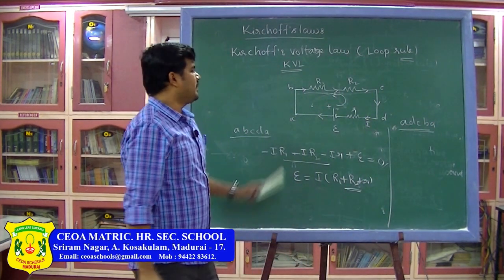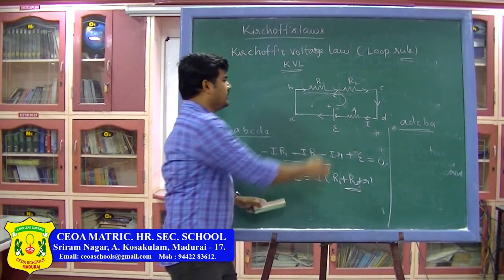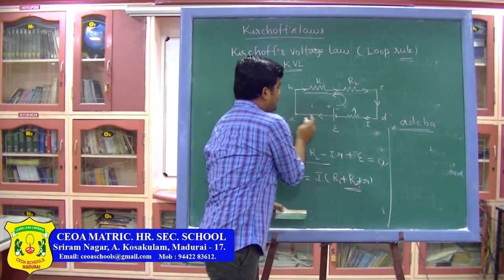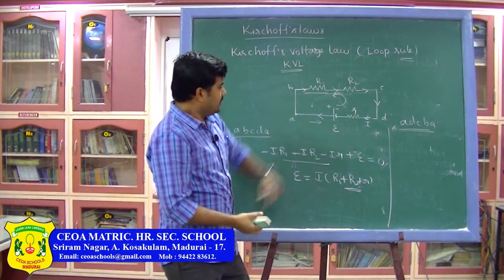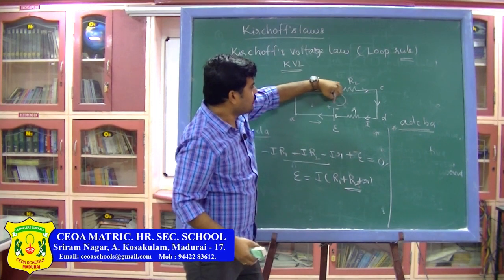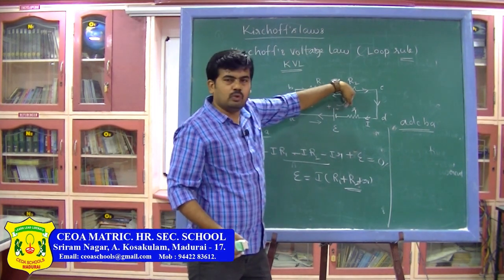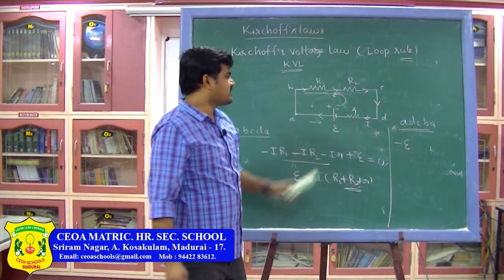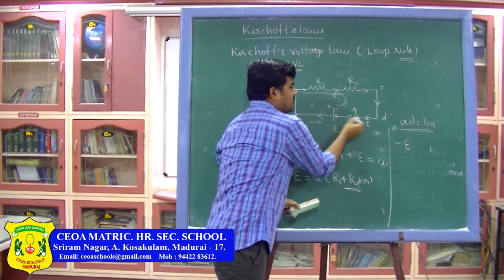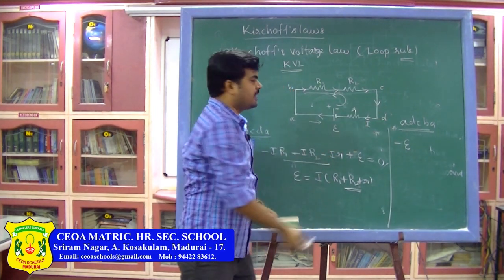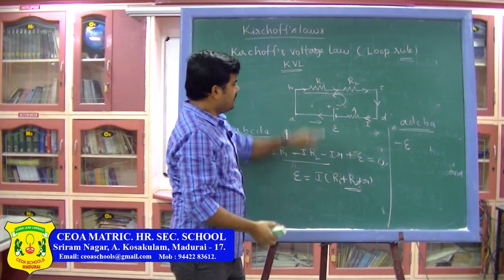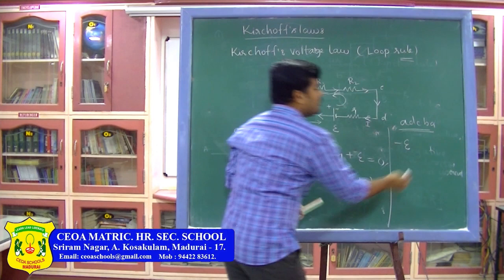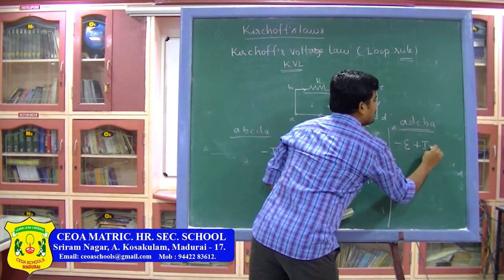Now, A to D. From A to D, there are two components here, one is the cell and the other one is the internal resistance. When moving from A to D in the selected loop, we are moving from the positive to the negative terminal, that means high potential to low potential. So, I have to take that EMF as negative. Next, for this internal resistance we are moving in the direction opposite to the current. See, the current is in this direction and we are moving in the opposite direction of the current for this resistor. So, we have to consider that potential drop as positive. So, I into small r.